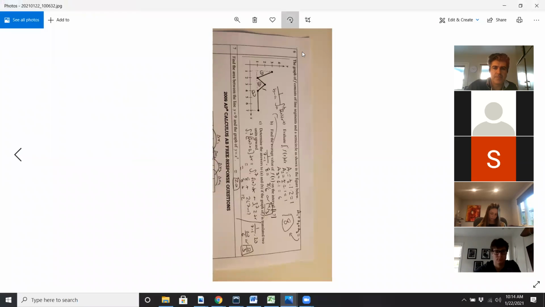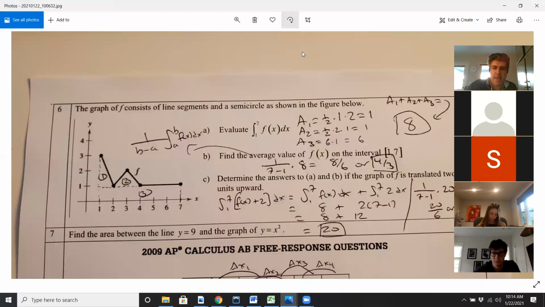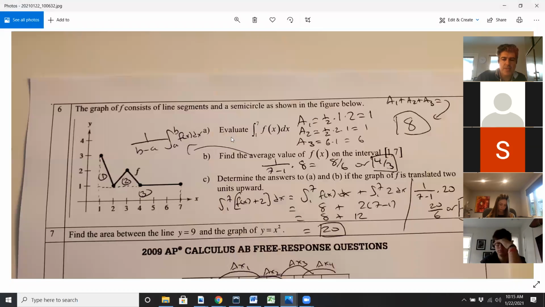So look at this one here. There's also a good problem that I could ask on our test about average value. So here first I asked to evaluate this integral using areas. So you're integrating from 1 to 7. And notice how I chopped this up into